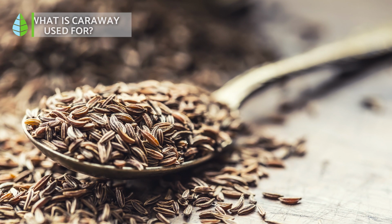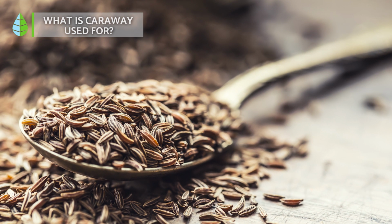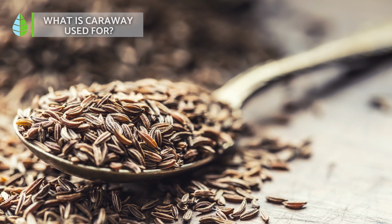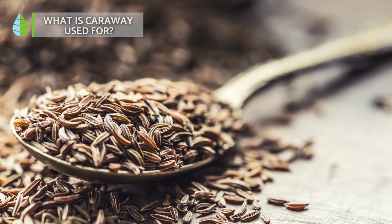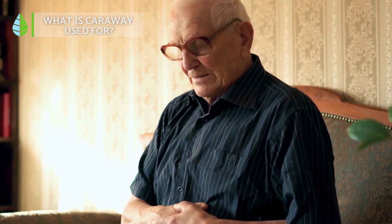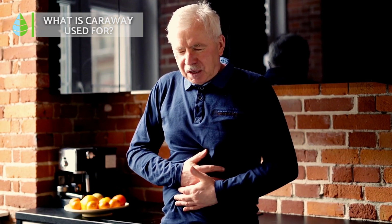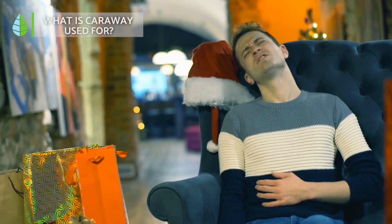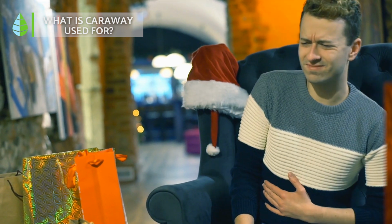What is caraway used for? Taking this plant can provide relief from digestive problems and disorders, stomach heaviness, stomach parasites, colic, and even combat food intolerances depending on the type of food taken. It also helps in the elimination and accumulation of gases and avoids the unpleasant feeling and discomfort of a swollen